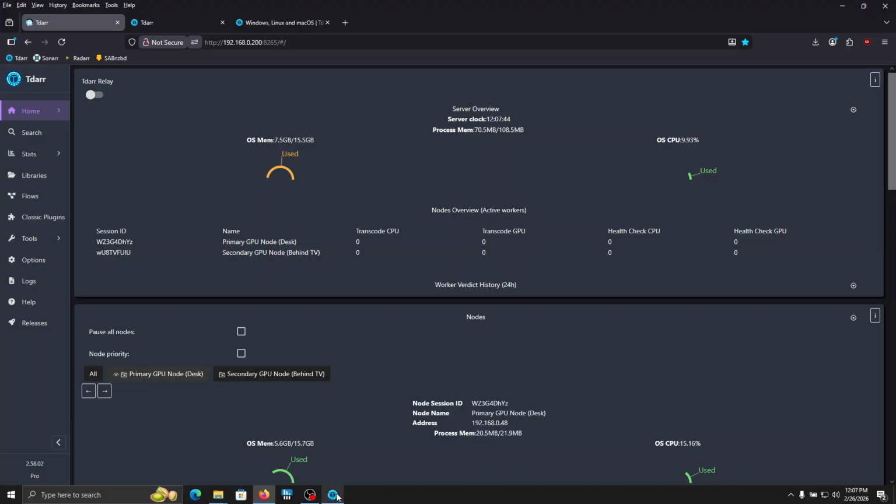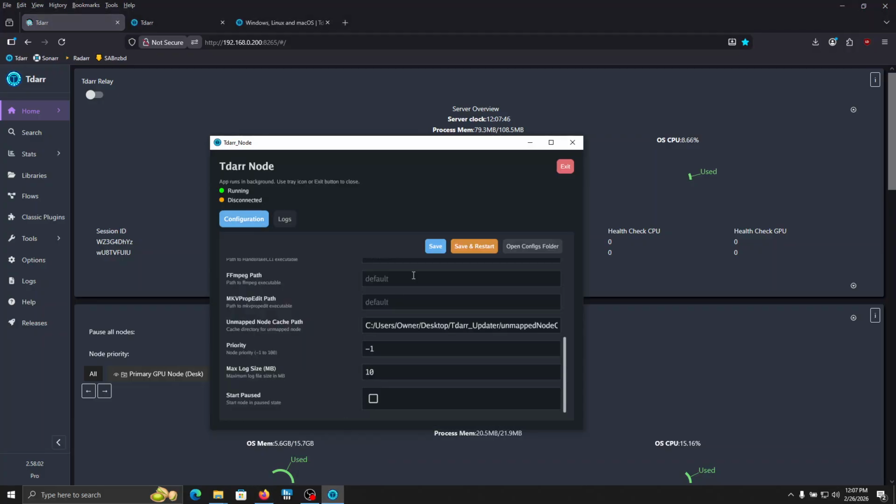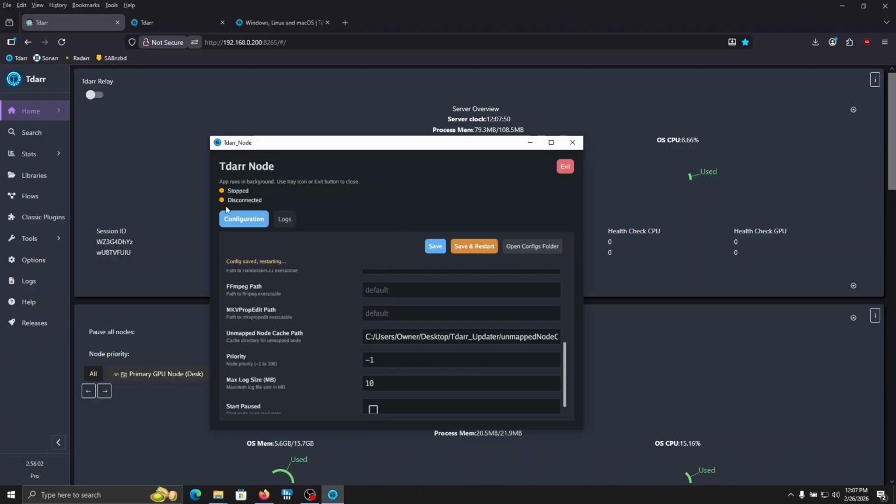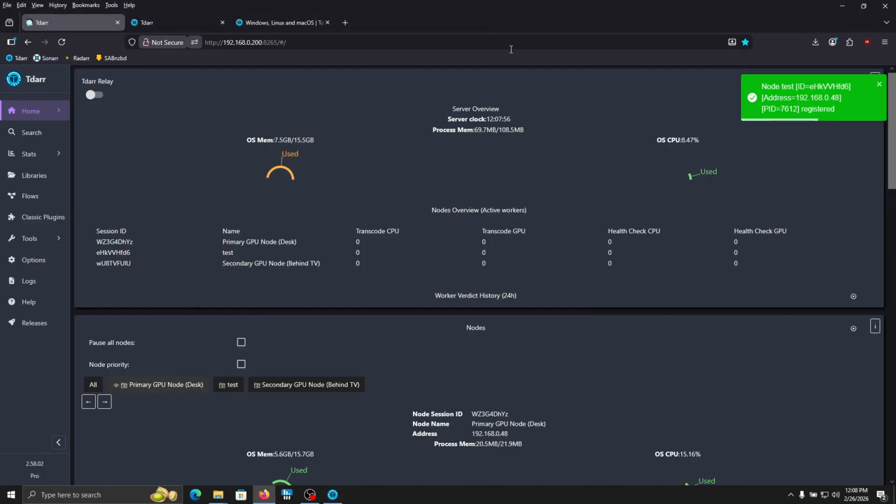You can only drag those to where you want them. So we're going to go ahead and hit save and restart. We're going to see this will connect. And look at that, node test has just registered. And honestly, just like that,